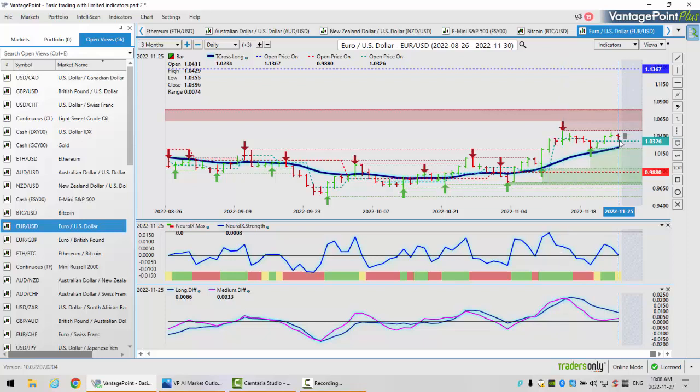So when we look at this right now, the euro would have to break free and clear of 104.79 in my opinion, but as long as we're holding above the Vantage Point T-cross long at 102.34, then there is still somewhat of a bias to the upside. But the neural index strength, the slope of it, is struggling. But this is why we use a combination of indicators. Our medium-term predicted difference approached the zero line, and it's starting to turn back up, pointing towards dollar weakness.